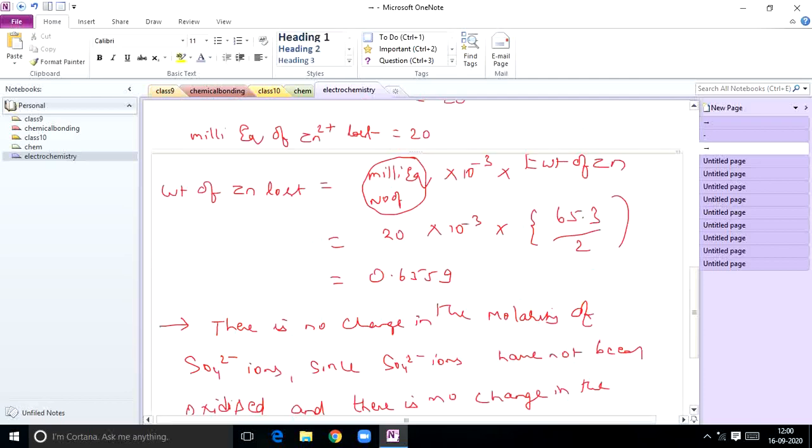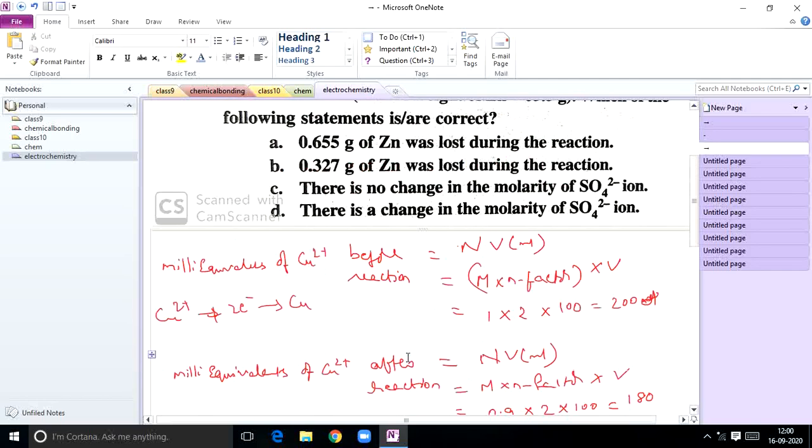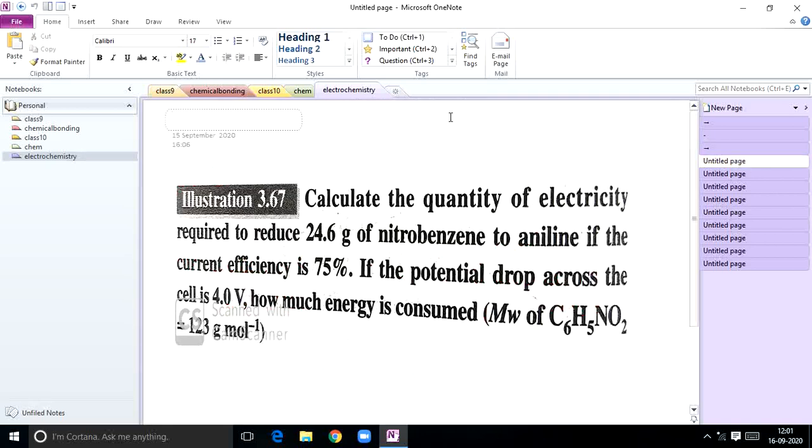So very important for IIT. This is stoichiometry based. So what will be the options? Option A, option C. More than one option. So carefully, once before doing this sum, go through the formula, number of gram equivalents and number of milliequivalents. Last year in stoichiometry I have given the formula list. Number of gram equivalents, number of milliequivalents, normality equation, that one you have to take.